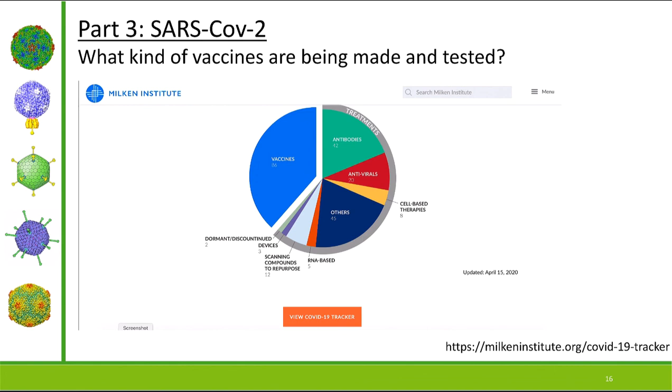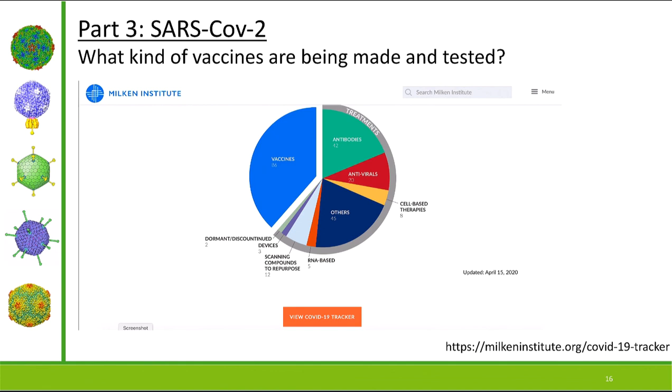And this is a really cool website, and I've linked it on this page. What the Milken Institute is doing is they do a nice job of summarizing and keeping track of everything that is in the pipeline, whether it's treatments or vaccines. So they keep track of all of these things that are being done across the entire world, in all different labs and institutions. As of today, there are currently 86 vaccines that are in the pipeline at various